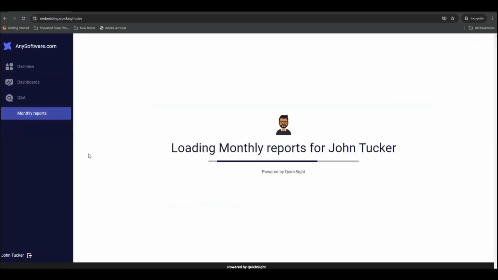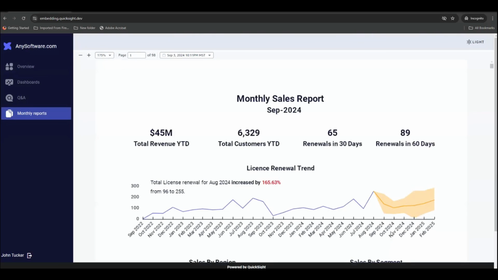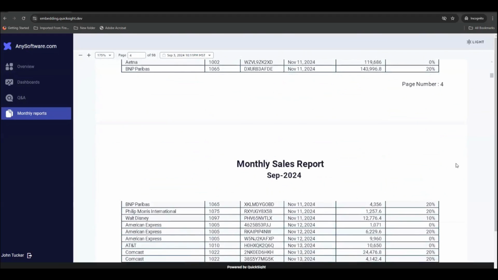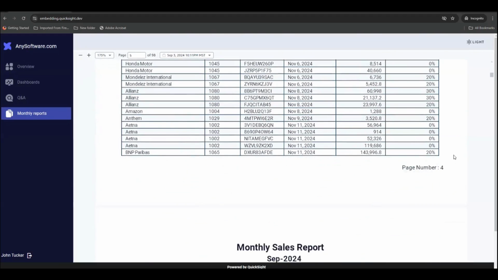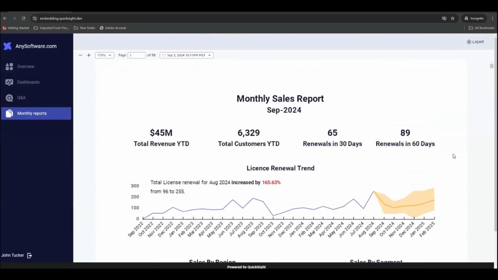Finally, QuickSight also offers monthly reports, which are your paginated reports, very much similar to your Business Objects reports or Cognos reports or your SQL Server reports, where you have endless pagination. That is also available for you to embed and share with your customers, so they don't have to again navigate through different systems. They can just come to your application and get access to their monthly reports, weekly reports, whatever type of reports they have. Or they can also do other experiences like visual embedding, dashboard embedding,